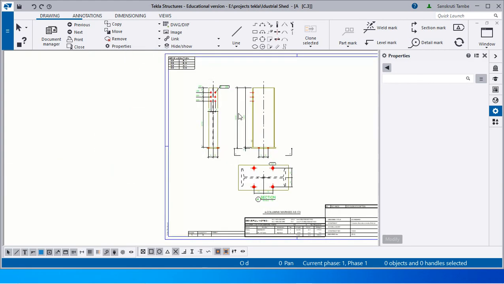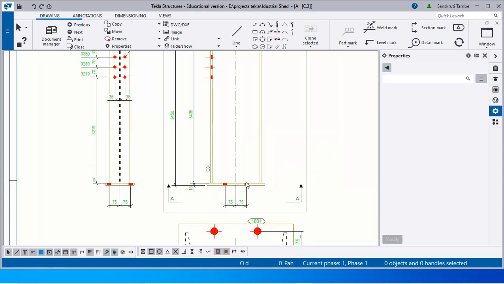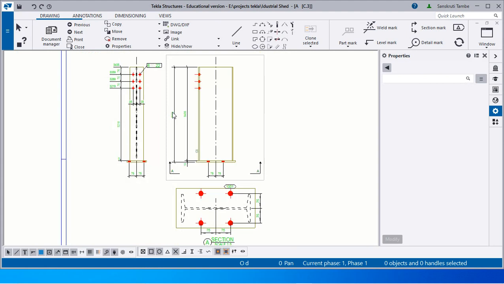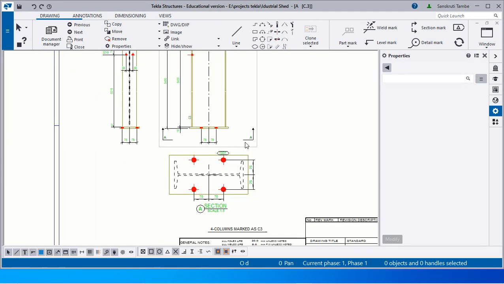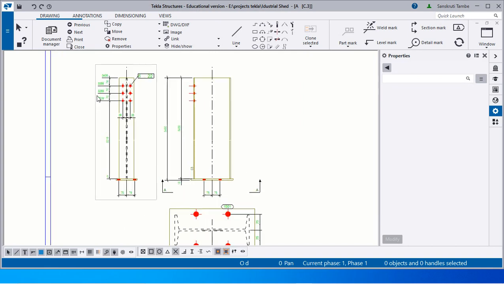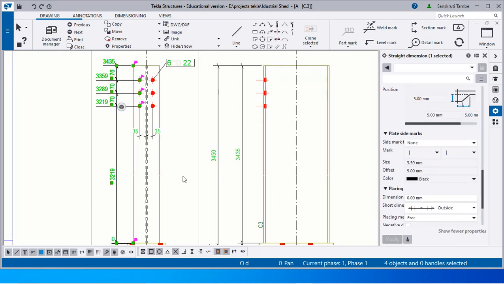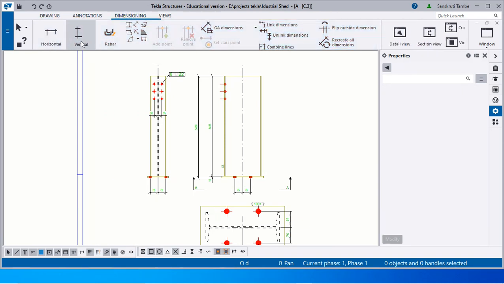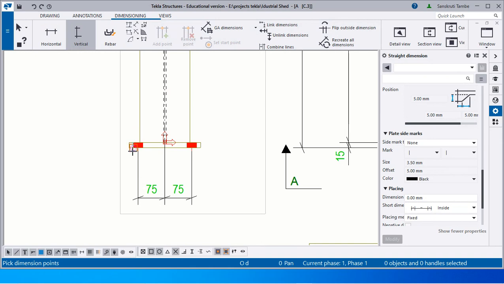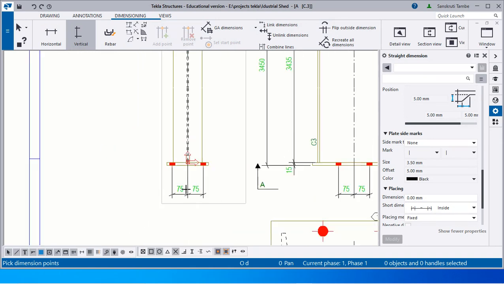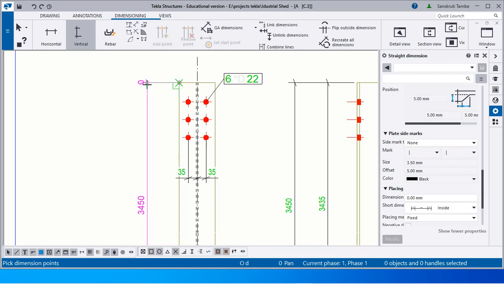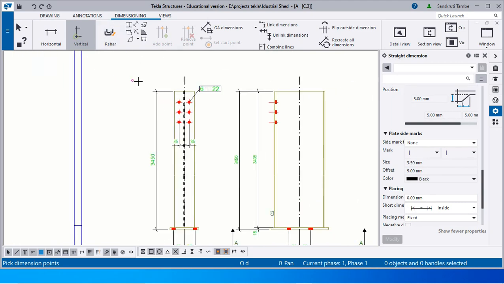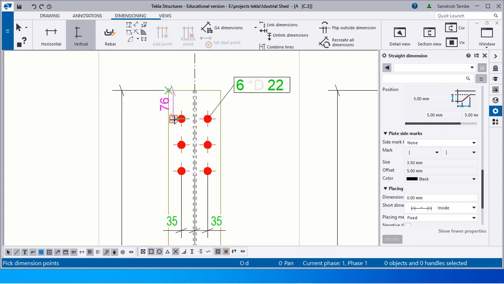Okay, so by default all the dimensions are also given. If you want to add any other dimensions apart from this, you can edit, as we did in the case of the single part of the column. Okay, same way wherever you want. Here all these labels are written, but we don't want this, we just need to mark the dimension, so just deleting that and selecting the vertical. Okay, adding the dimension from here to the end of the column, first one. Okay, then again adding the dimension of this column,